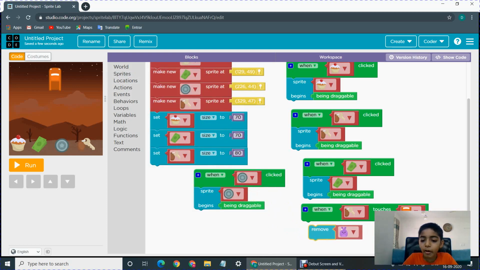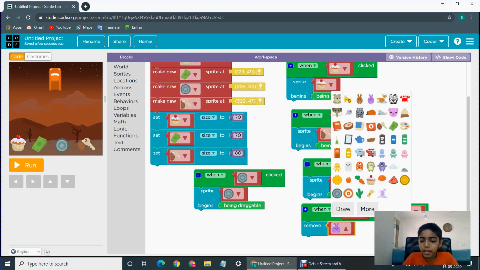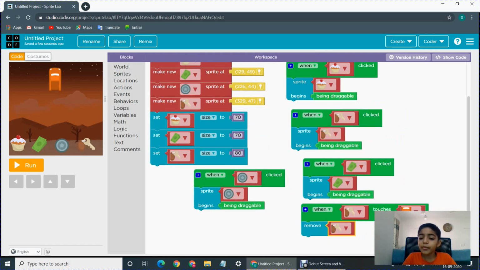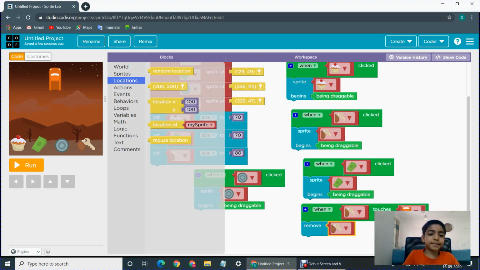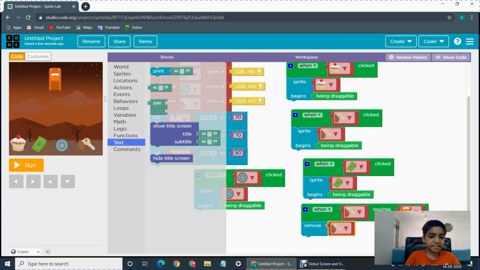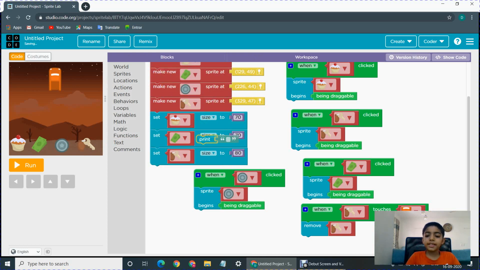So we take this block, drag it, and then we make it as keys. We want the keys to be removed. So now let it comment. So we go to text and it says the answer is correct or anything you can write. So I'm writing, yay, I got it. So any text you like, you can write it.